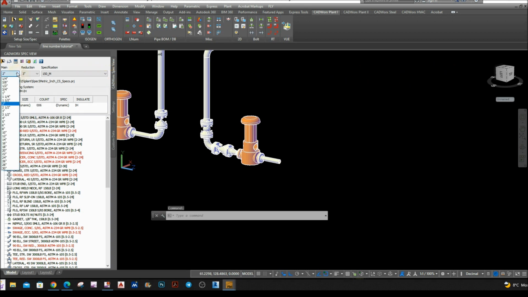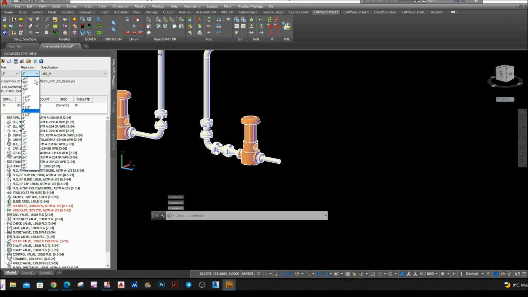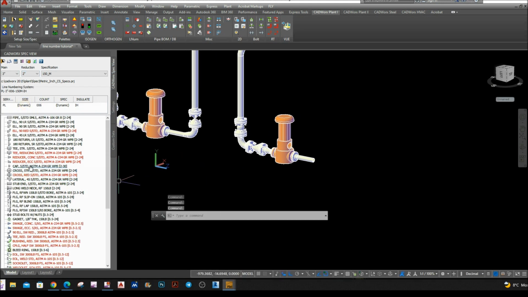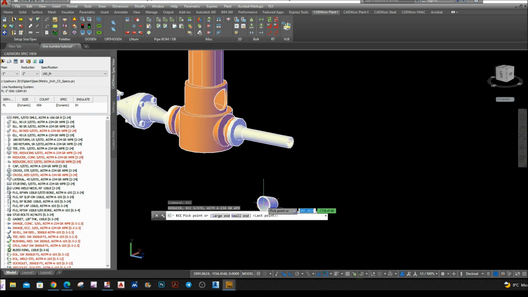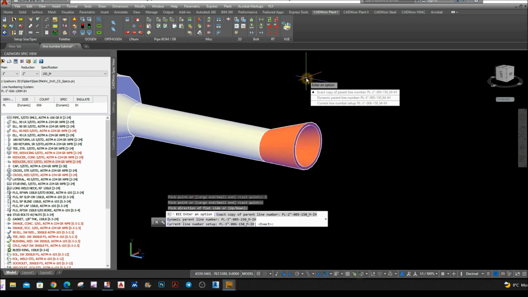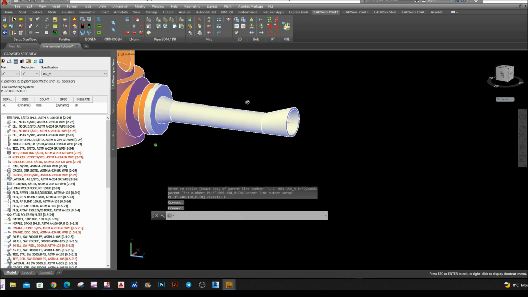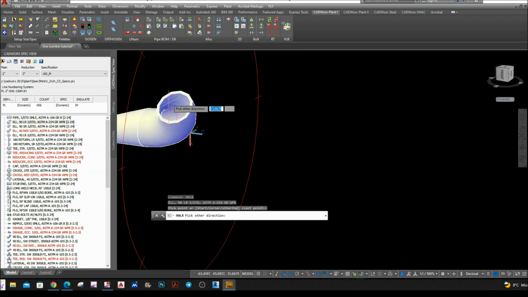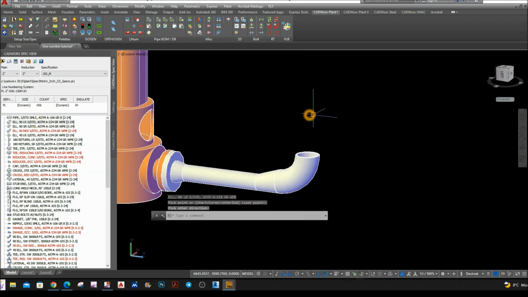So I'm going to change this one now to 3 and this one to 2, because I'm going to attach an eccentric reducer from this end. So small end, and click this in point upward, and select the current line number, which is 006. Now I'm going to attach an elbow, point it upward, and from that I'm going to attach a gate valve,